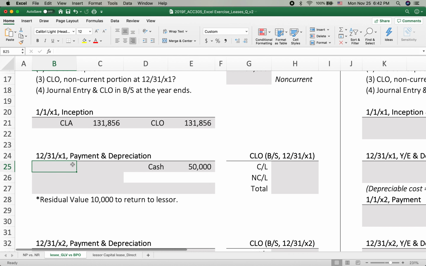Then the other side, now we should recognize interest expense. Why? This capital lease obligation, $131,000, is cash to pay. Actually, they borrow this money. Why? They purchase this capital lease asset. I know this is not the purchase, but we assume, or it is deemed as the capital lease asset purchased